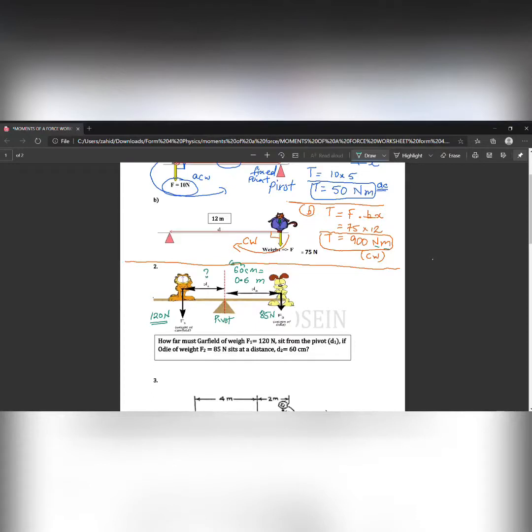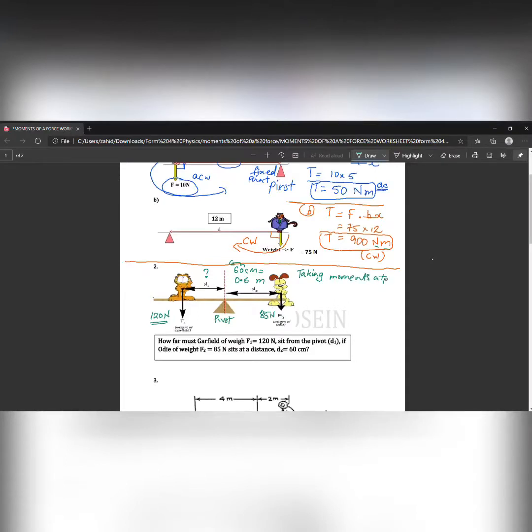We don't know Garfield's distance from the pivot. So how will we apply this principle of moments? And of course, this is very similar to a seesaw. We are not sure if Garfield is actually the same distance away from the pivot. Actually, if you look at their weights, because their weights are different, he should not be the same distance as Odie from the pivot in order for them to be in equilibrium or keep balanced. So what do we use? And I always like to tell students, write your statement. Take moments